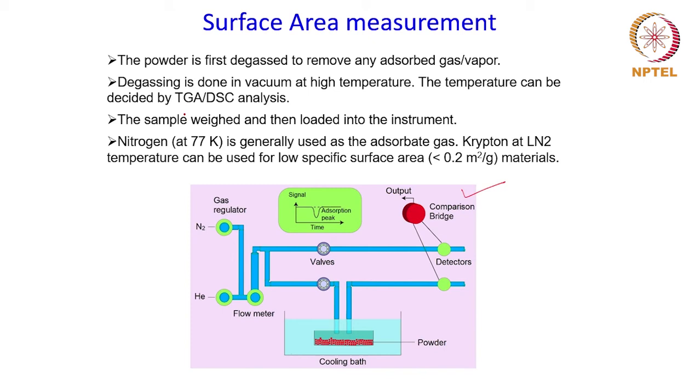So from that we can determine what temperature the powder sample has to be heated to for the degassing to take place, and if there are chances of any phase changes, then DSC analysis can also be performed in order to know the temperature or the temperature range in which a different phase might form, and therefore that temperature has to be avoided during degassing of the sample.